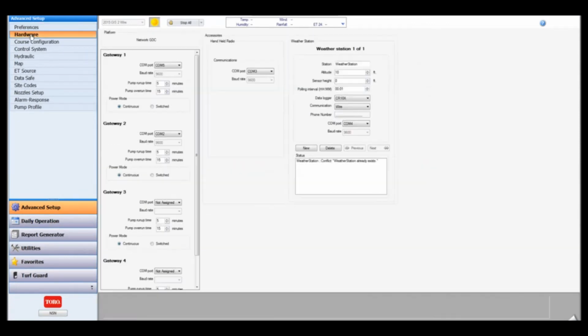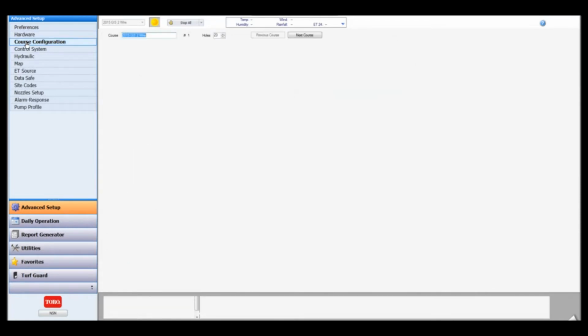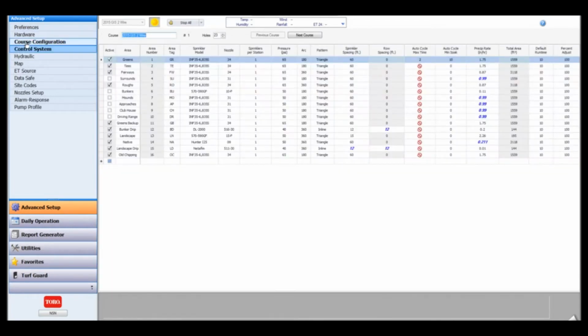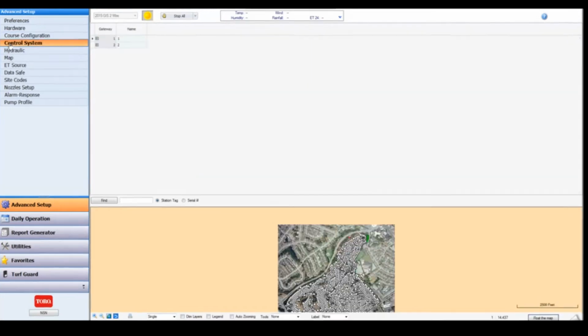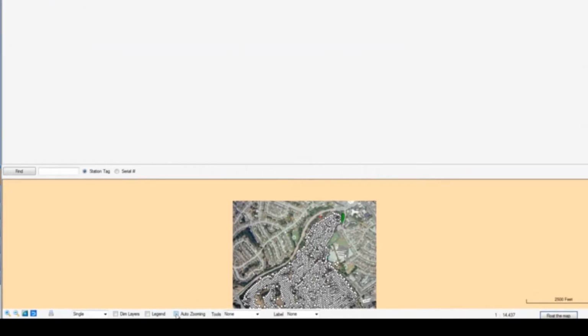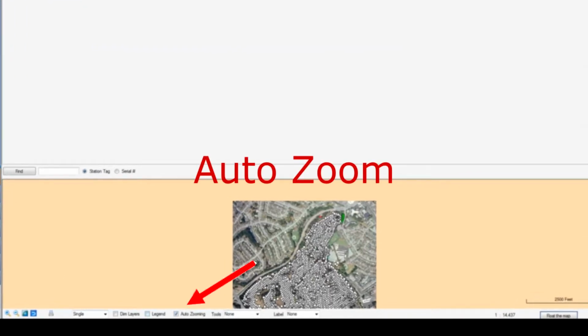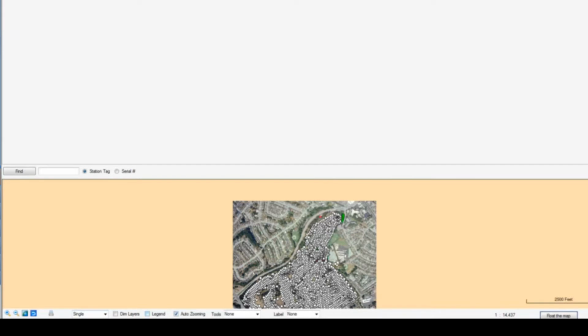You can touch on any screen in advanced setup, and anybody that's used Lynx is going to recognize that there's no apply button. Notice as well here on the control system, the map is visible. There is an auto zoom in the toolbar down here. Notice the look of the toolbar. Fewer buttons, more lists to choose from. So if I click on auto zoom